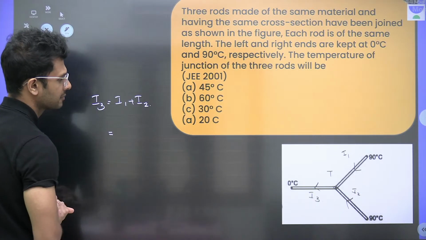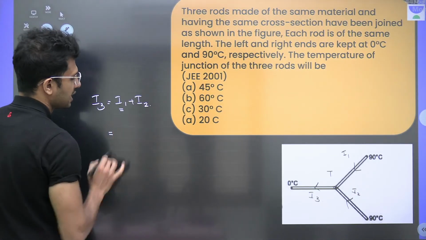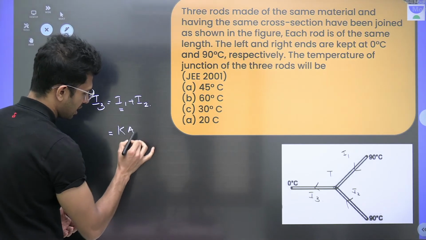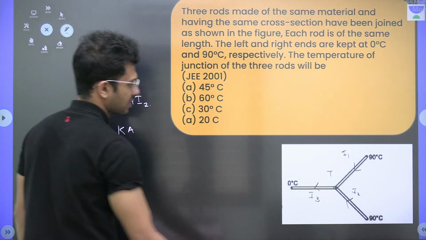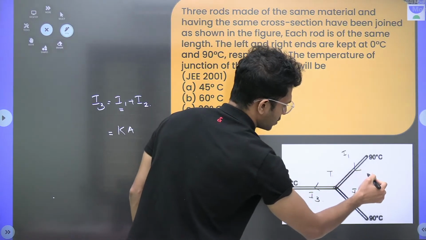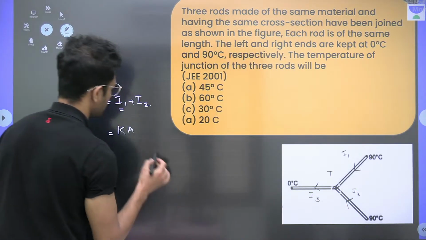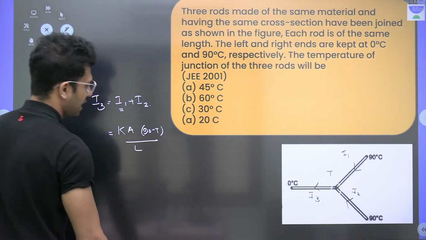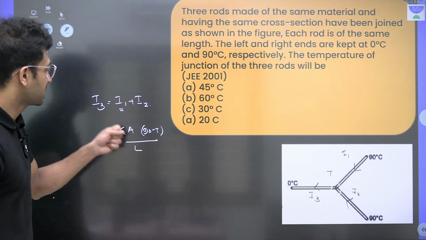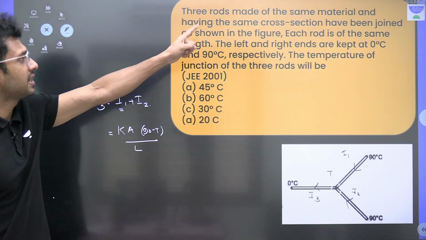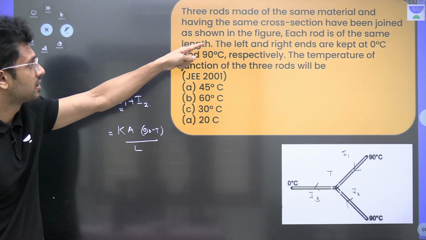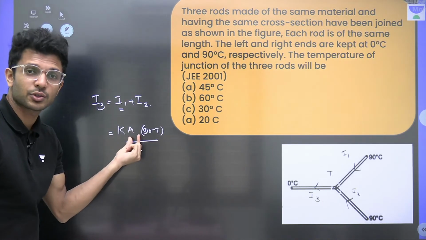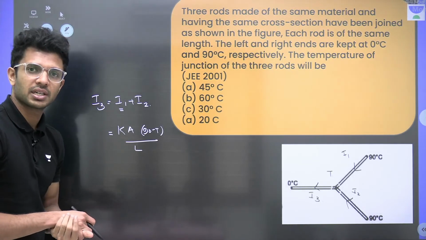How will we expand this? Tell me the formula for heat energy flowing through a rod. K A change in temperature divided by L. What is the change? Here it is 90, here it is T, so the change is 90 minus T, the whole divided by L. Why am I not writing K1, A1 and L1? It's given the temperature, same material, meaning thermal conductivity is same, area is same and length is also same, given,